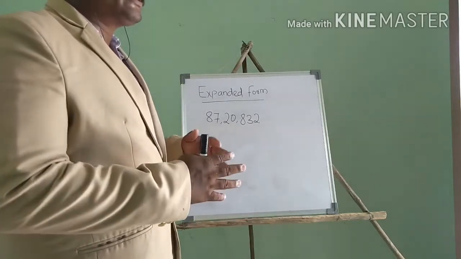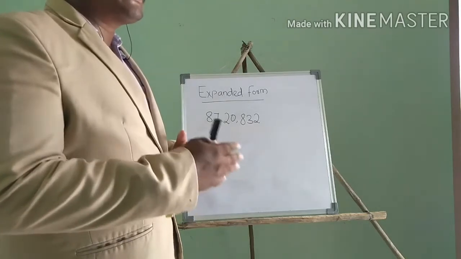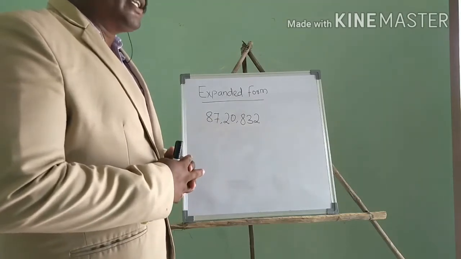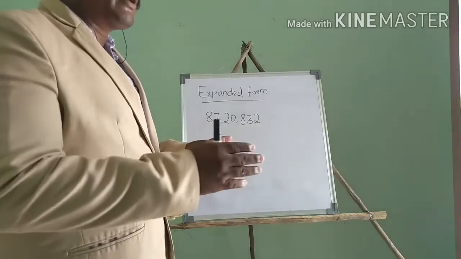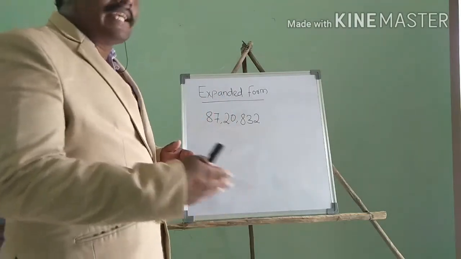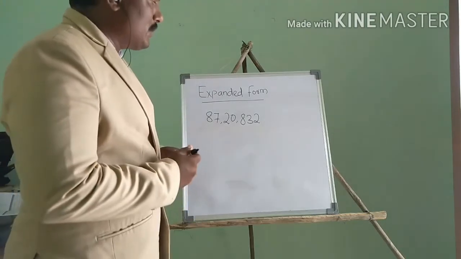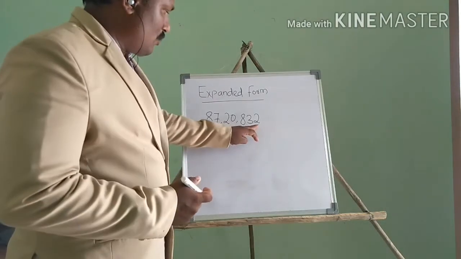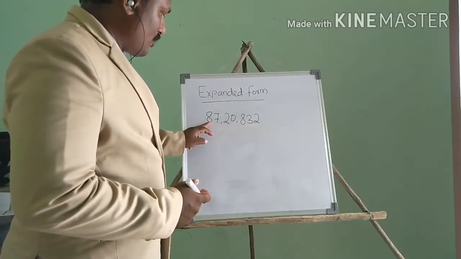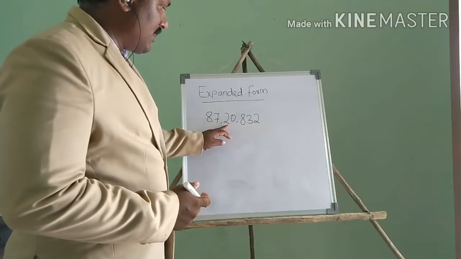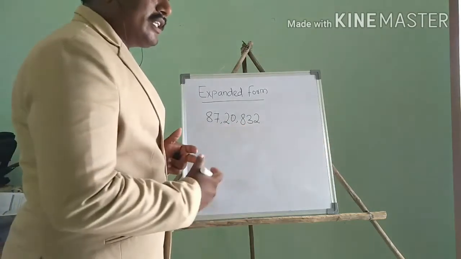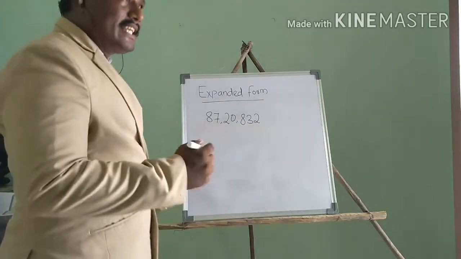It is used for checking whether the answer is right or wrong. So at that time you will use this method. But don't use this method when you are writing the examination; keep it in mind for when you are checking answers. So I will tell you, this is a number: ones, tens, hundred, thousand, 10,000, lakh, 10 lakh. So 87 lakh 20,832. We need to write the expanded form, the full form. So how do we write it by the easy method?